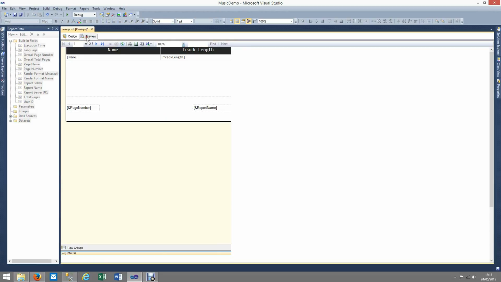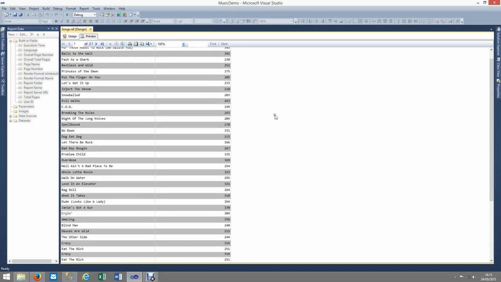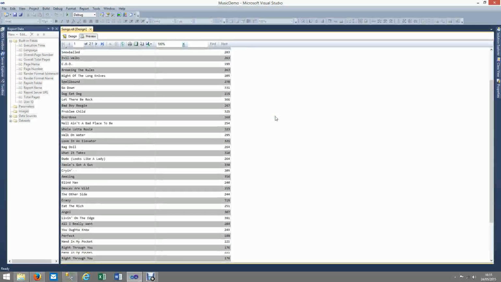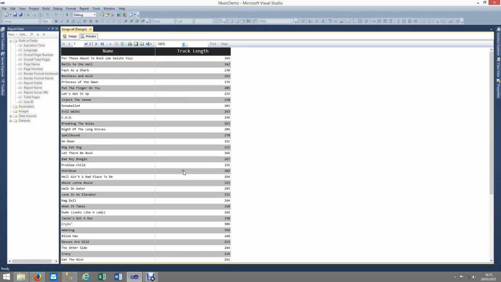Let's click preview again. Here we go, and now if we scroll down the page, what we ought to see is our page number and the name of our report. This is good if you're going to be printing this out, or if you're going to be saving as a CSV or something like that. Let's go back to design,